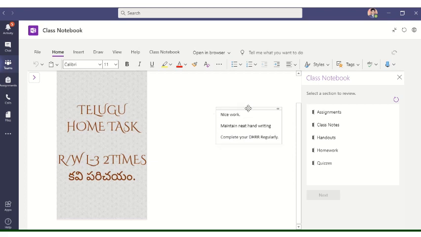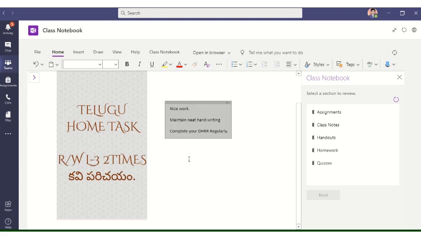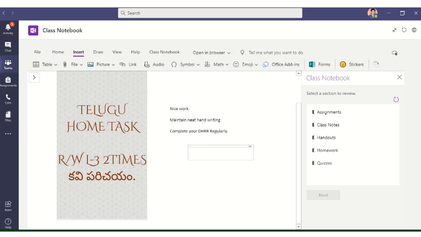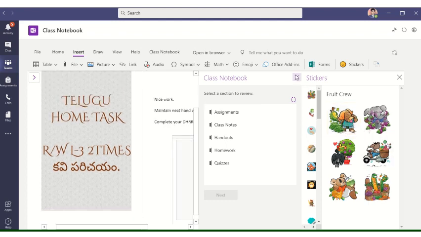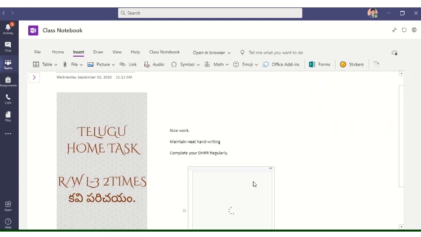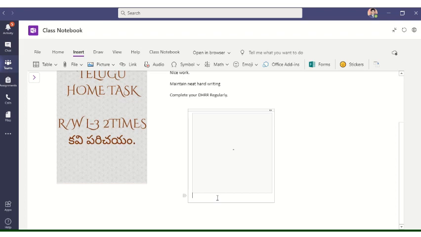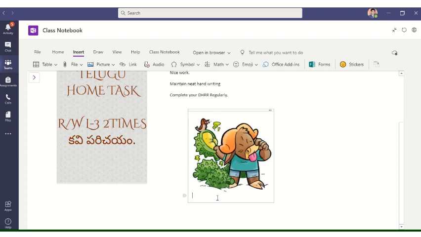So this is the feedback which the teacher is giving to the student. So you can mention your feedback like this. If you want, you can give the student some stickers also, which will be interesting, and students will feel happy if you assign this. Actually, this is a special thing which students will find very interesting to see on their work.